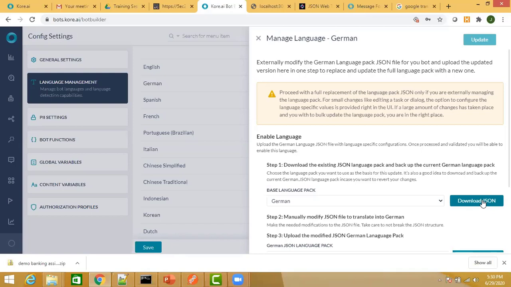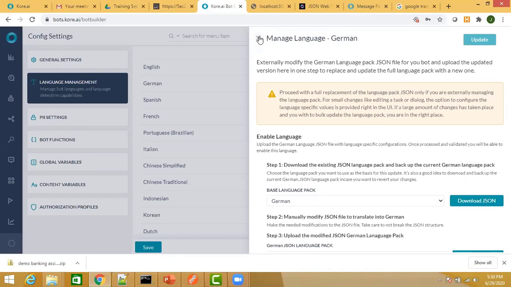Okay, make changes in that JSON file, and then import that file back. Once you import that file back, you will get to see this enable button coming up over here, and you click on enable. A new version of the bot will be enabled in that language with all the messages and everything that you have given within that particular JSON file. Okay, so that approach you can take.